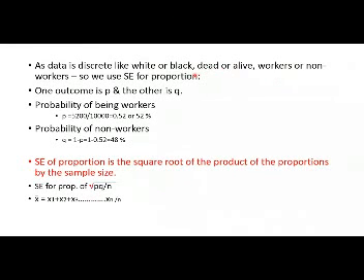So we use which test? Standard error for proportions. One outcome is P, that is the proportion of workers, and the other one is non-workers. Now in this population, 5,200 out of 10,000 are workers. When we calculate and express as percentage, 52% of this population are workers, and the rest we can easily calculate. Q is equal to 1 minus P. 1 is the total population, P is the proportion of workers. Now if we subtract the workers, the rest are the non-workers, that is 48% are non-workers.